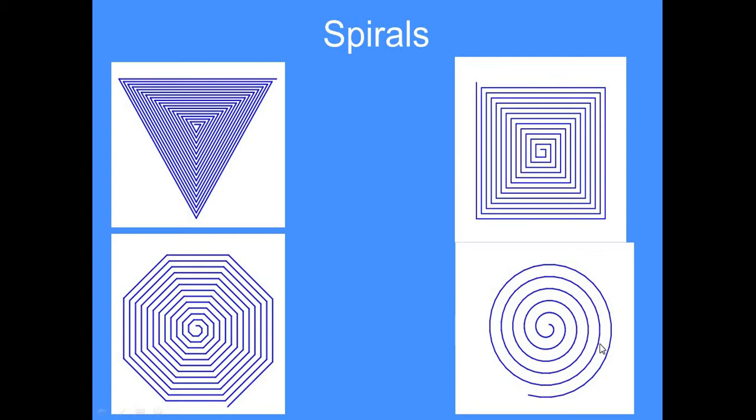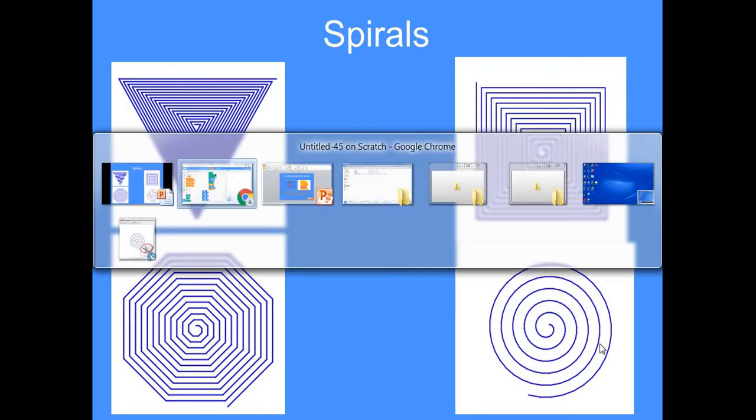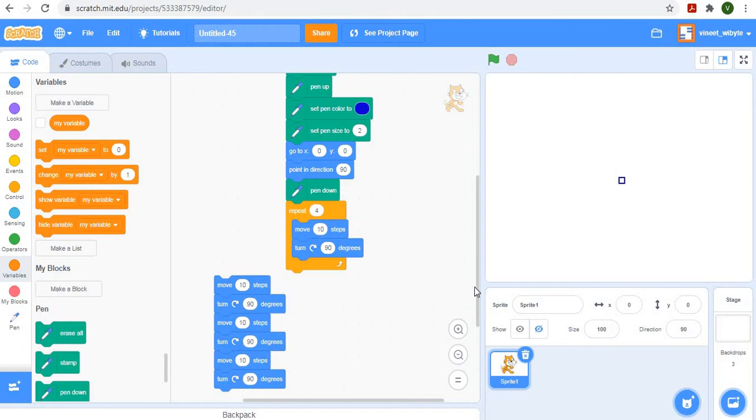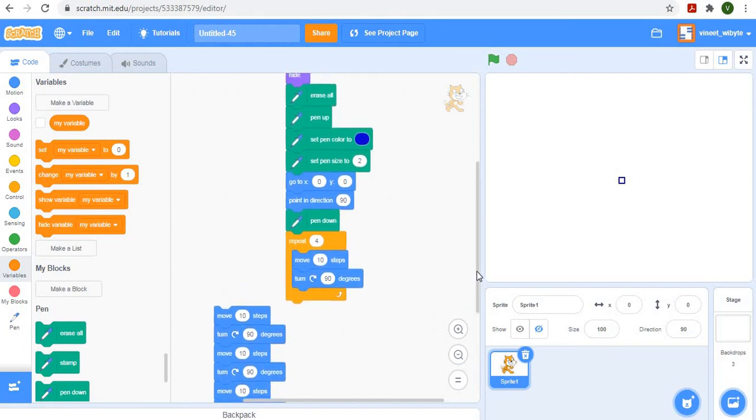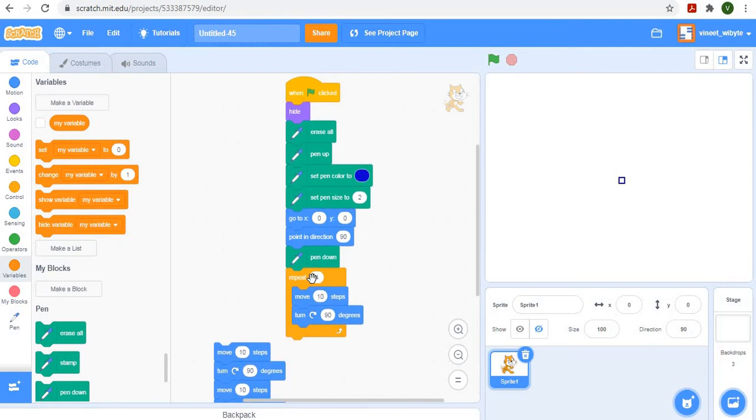Now we'll see how we can make all of this starting from where we were, and I will take the example of the square. Now remember this particular code here: I'm saying repeat 4 times, move by 10 steps and turn 90 degrees. Recall this will create a square. We have seen this in the last few videos, and indeed when I run this code I get a square. Now let's say I want to convert this program into creating a spiral with the basic square shape. How do I do that?